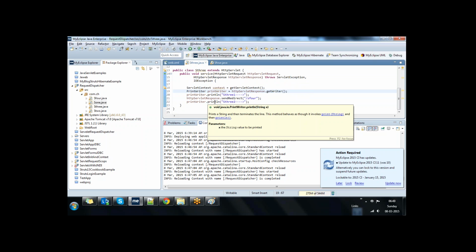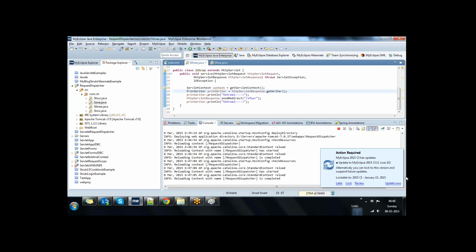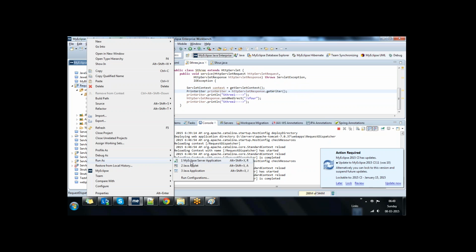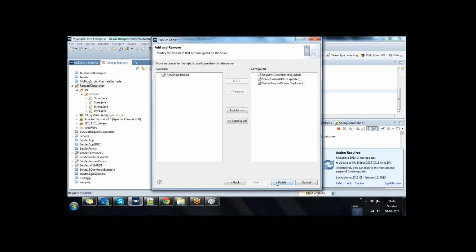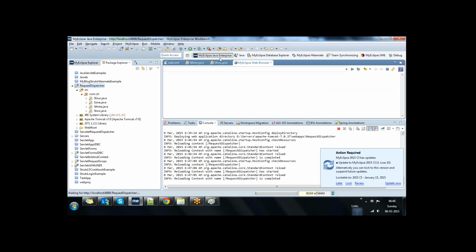Okay. Now, if I run the application, if I send a request to the S3 servlet,